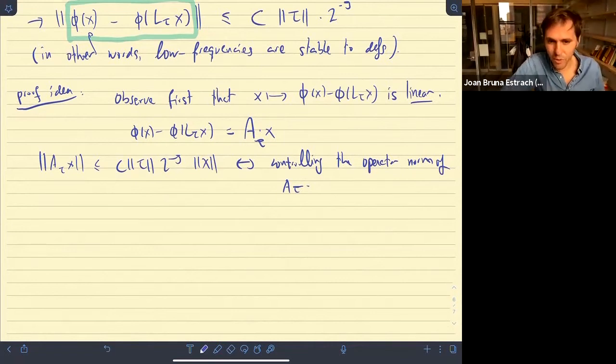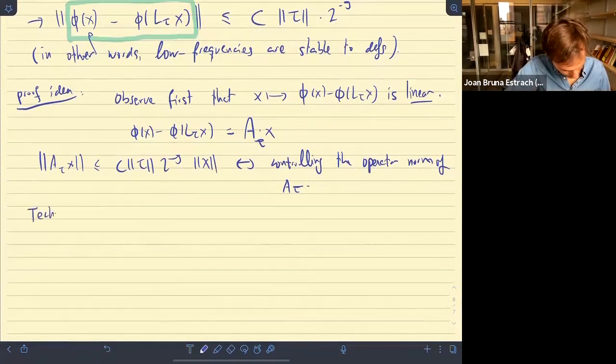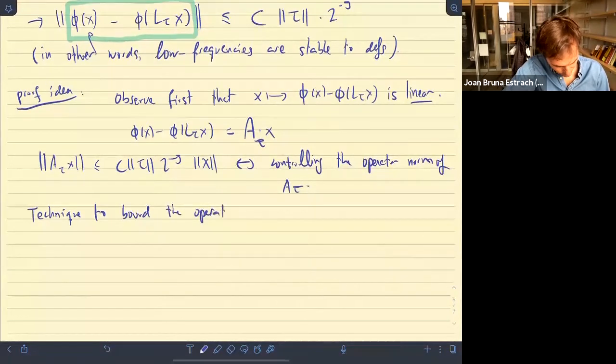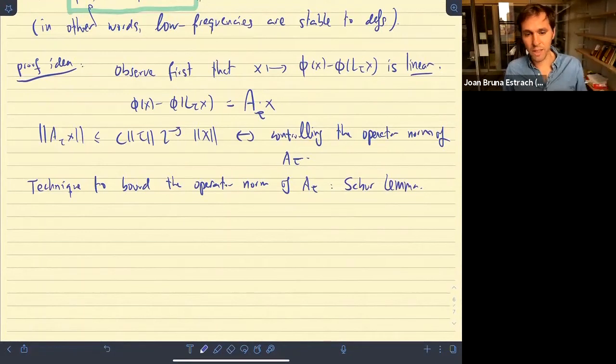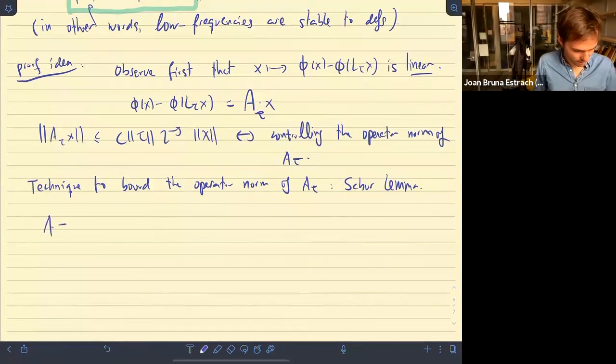So first we need to compute this matrix. And here we use the technique to bound the operator norm that is called the Schur lemma. When we think about linear operators defined over infinite dimensional space, we need to write them as what's called an integral operator. So here we need to think that A of x, if we express this in coordinates,